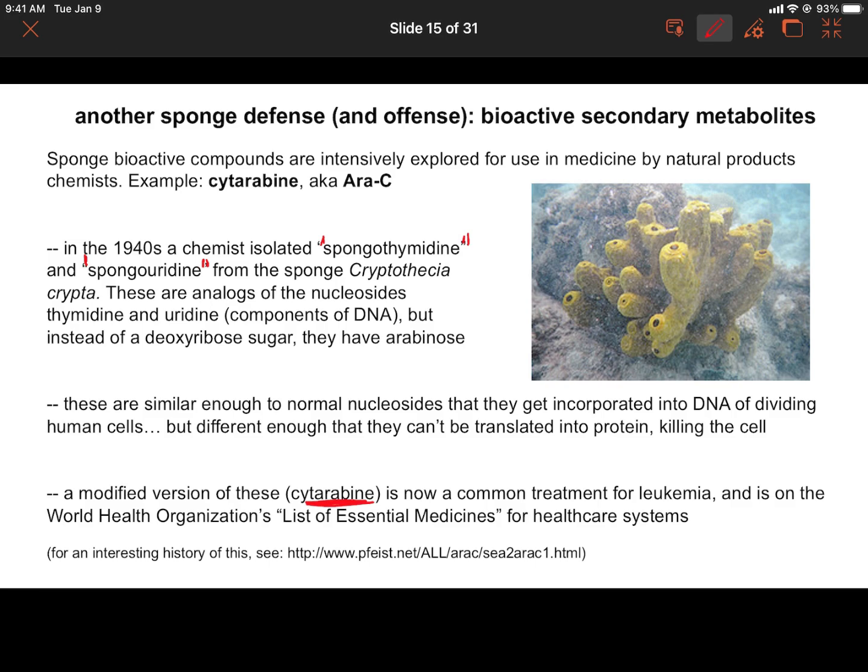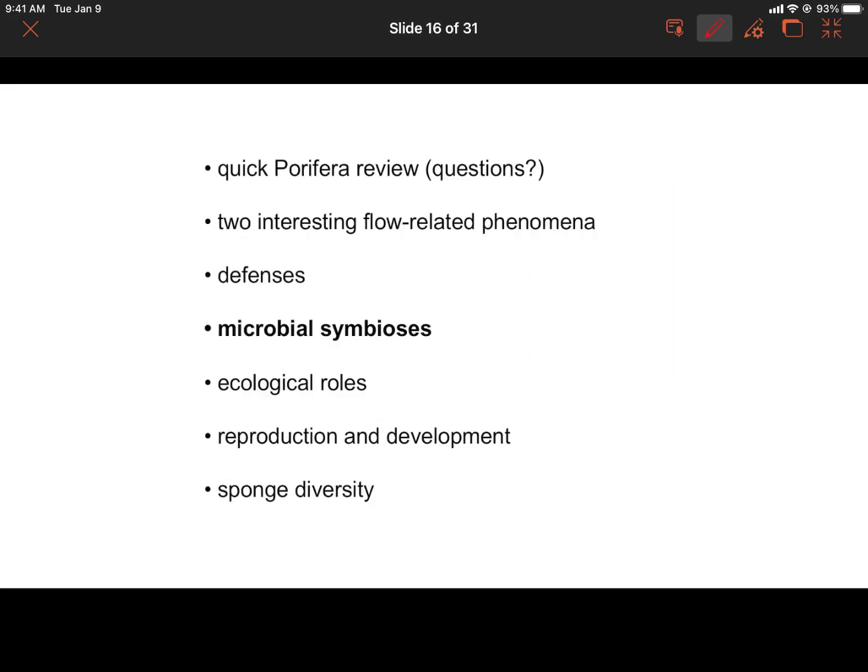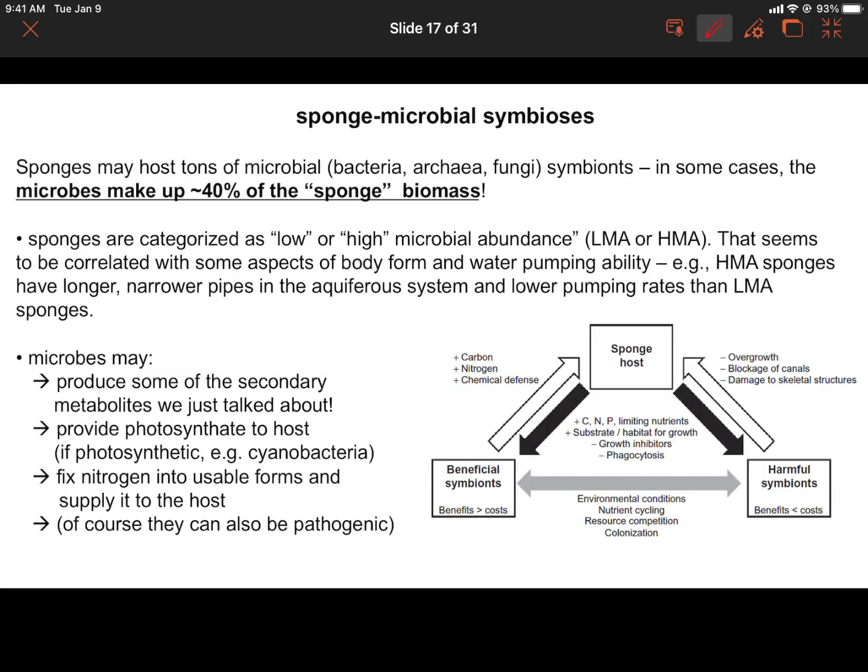Okay, where do those secondary metabolites come from? Well, either the sponge makes them or something that lives with a sponge makes them, and most of the time we don't actually know the answer to that question. It turns out the sponges have lots and lots of microbial symbionts. Mostly we're talking bacteria here, but also archaea, also fungi, and in some cases the microbes make up almost half of the biomass of what we're calling a sponge, but really it's half microbe, half